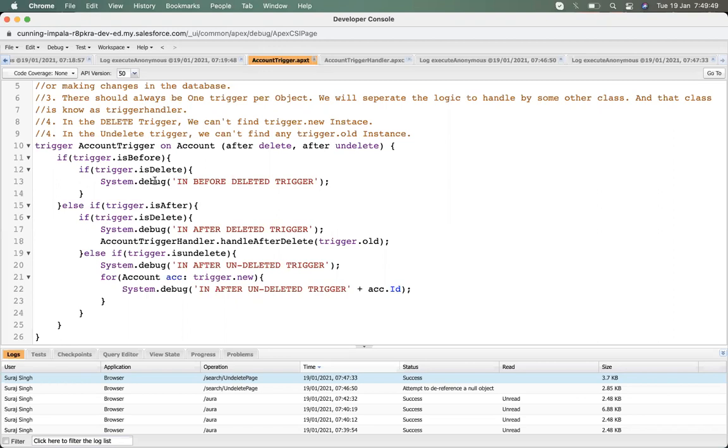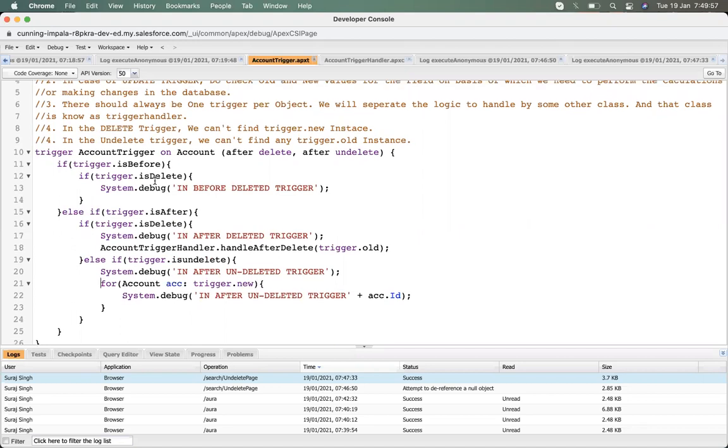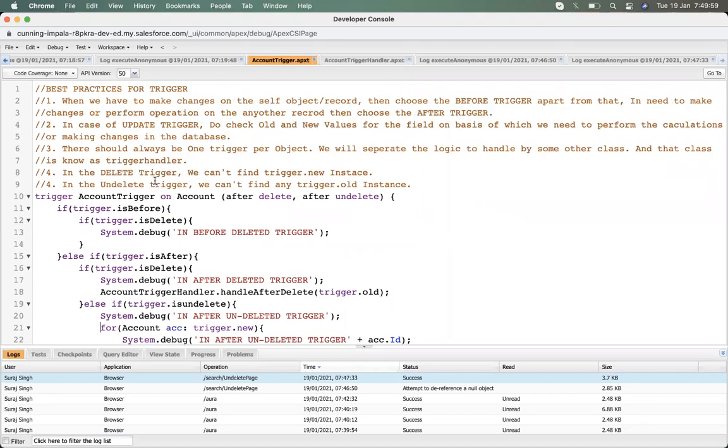Usually we get a situation where someone asks when these kinds of triggers will fire. So that's the thing. Any questions? No, let's go. Okay, then